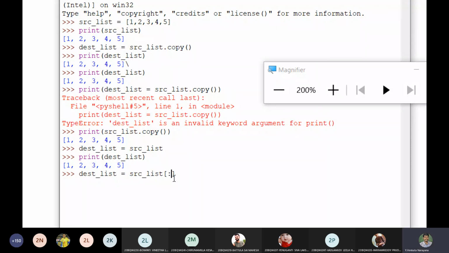So can I use it like this without specifying any starting value and ending value? Yes, sir. So in this case, the destination list will be like this. Is that clear now? How to copy the values of a list to another list?